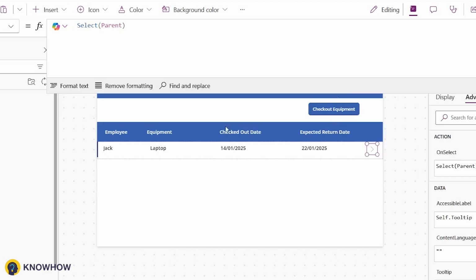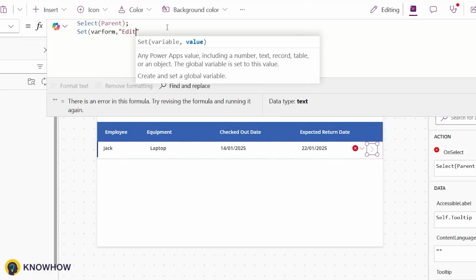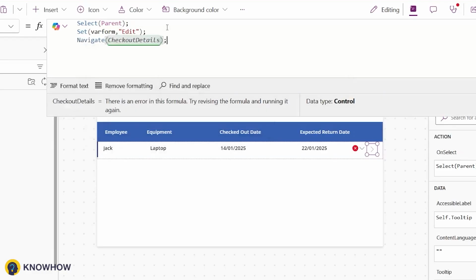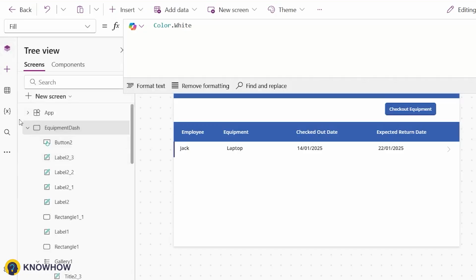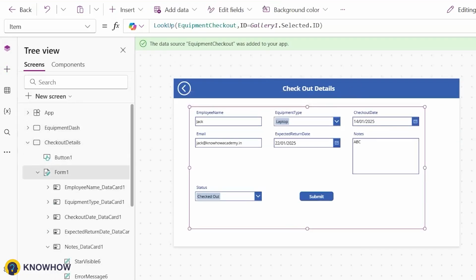Now here we have this arrow. Instead of this arrow we can use a button for navigation. I will use this arrow only, and here I will set my variable where form to edit and navigate to our equipment details. After that I will go back to my equipment details screen, checkout details screen, and here in